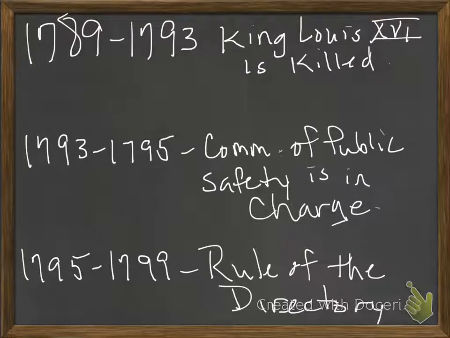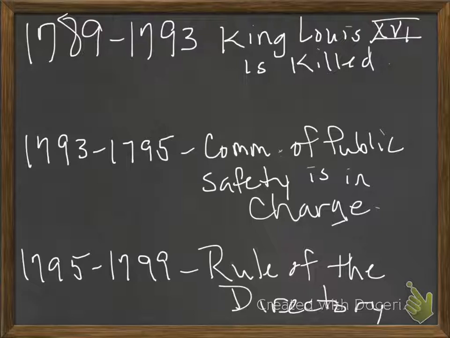Now, in 1789, by the way, this is just a little breakdown. From 1789 to 1793, King Louis XVI is going to be killed. That's going to happen in 1793. He's going to be beheaded. His wife, Marie Antoinette, was beheaded after him. This is the first time a monarch has been killed in this manner. Public execution. There have been some assassinations in the past, but a public execution. He was put on trial, he was jailed, and then he was beheaded.